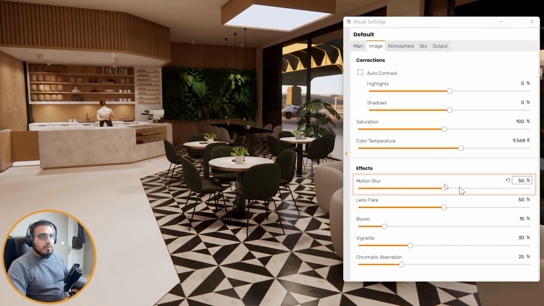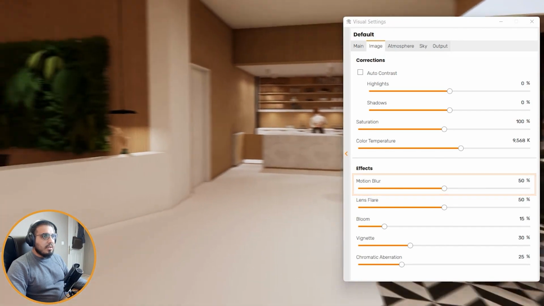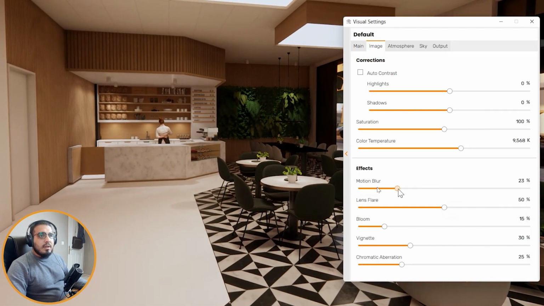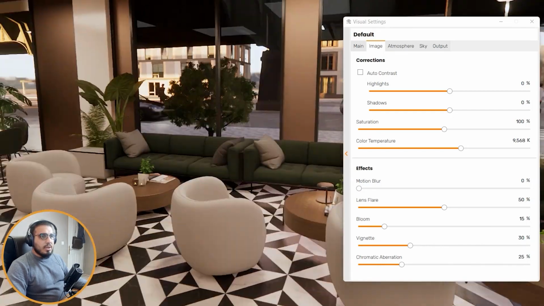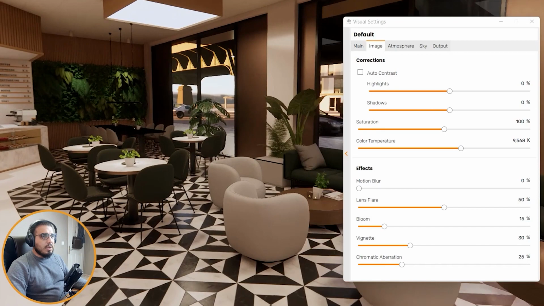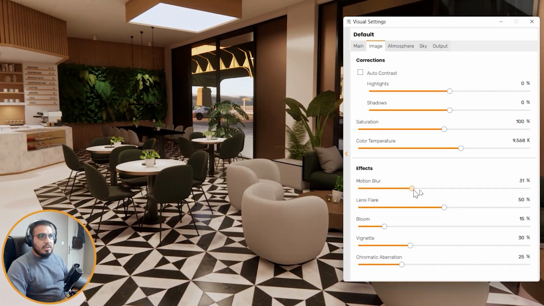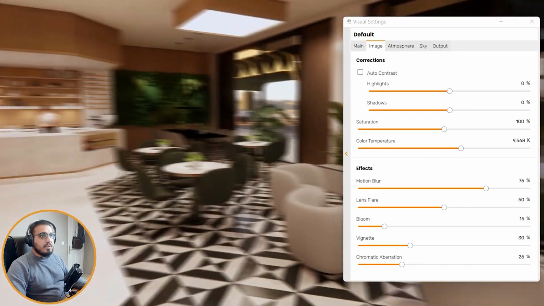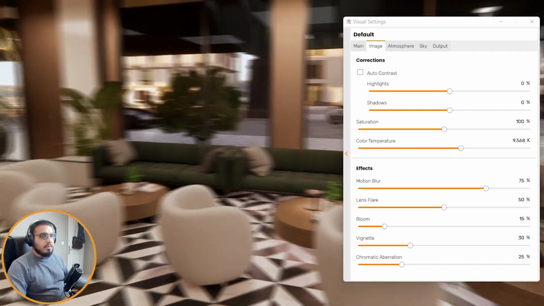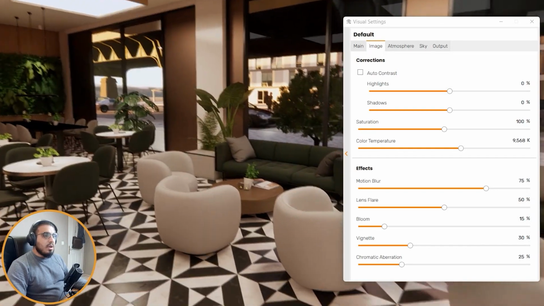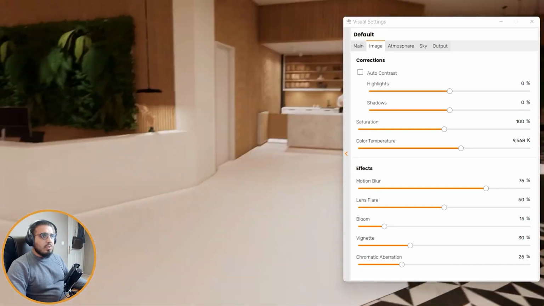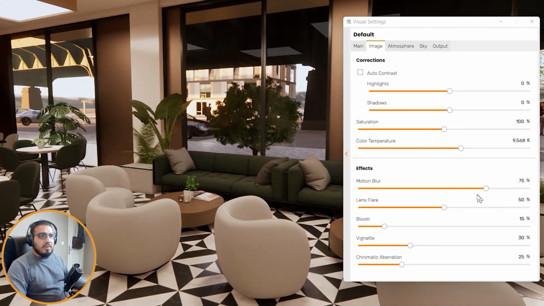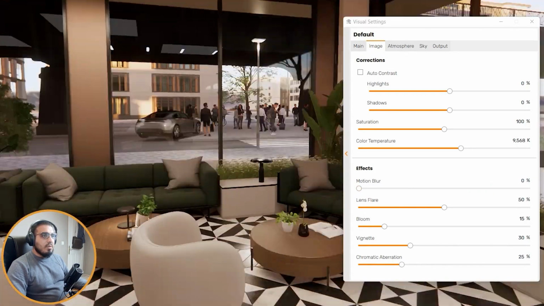The next one is motion blur. When it is in the middle, you just can't understand it that much. But when I turn it off and rotate, you can see we don't have any blurry frame between these two rotations. But it's not that real, because in reality, when you do that with your camera, you will see blurred frames in between them, because the shutter of the camera is not that open for long. But when you turn it off, it will be artificial and you don't see any motion blur.